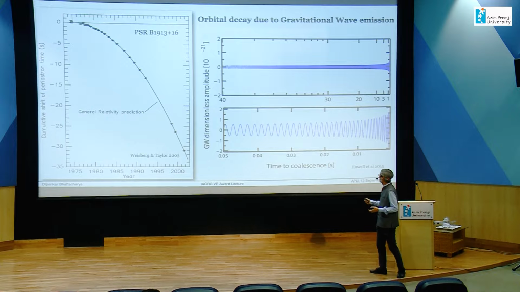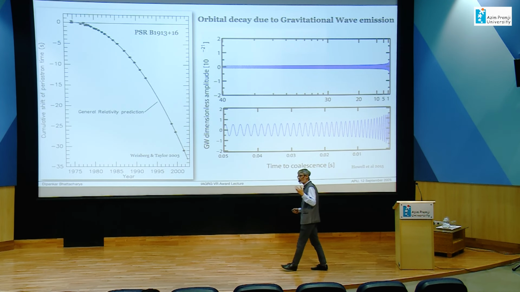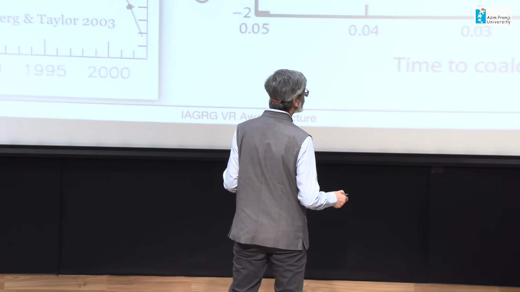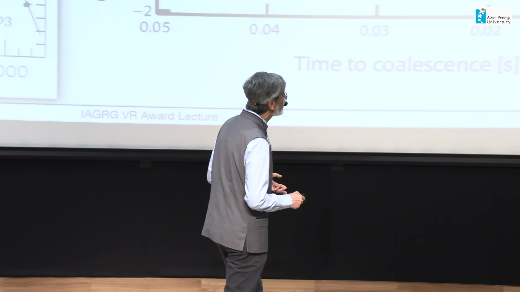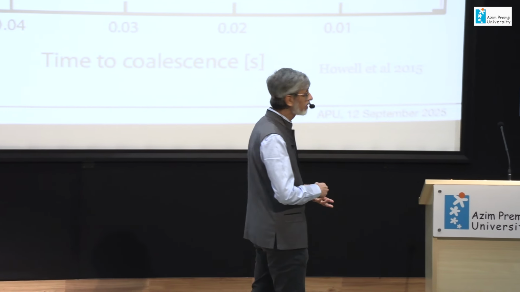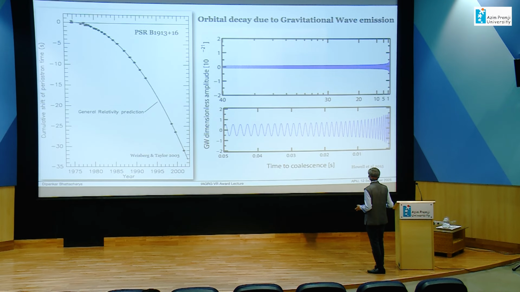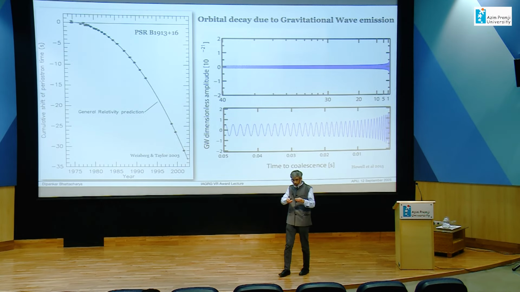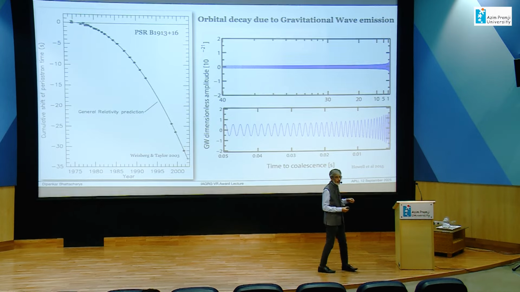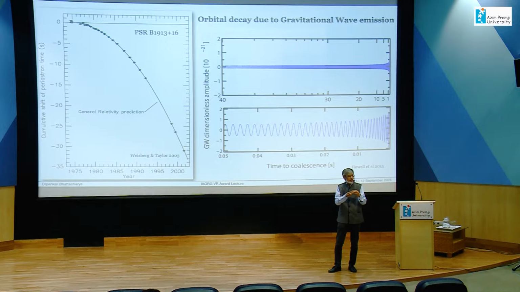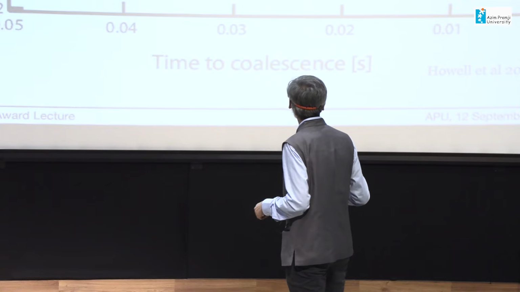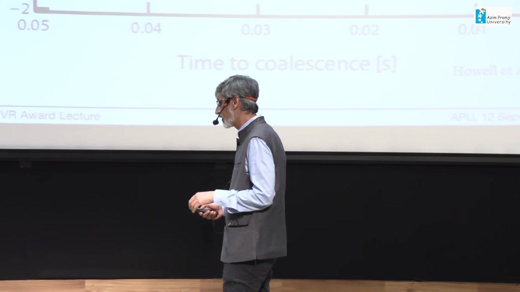So that means if you try to find this object close to this point, then you are going to get the strongest amount of gravitational wave being emitted, and this is the amplitude of the gravitational waves as it approaches merger. So this waveform is a predicted waveform for two neutron stars coming close to each other and then eventually merging. Of course, here what is not taken into account is that the neutron stars have a finite extent, and they can be distorted tidally. I'll come to that in a moment. But these are the two point objects coming closer to each other.